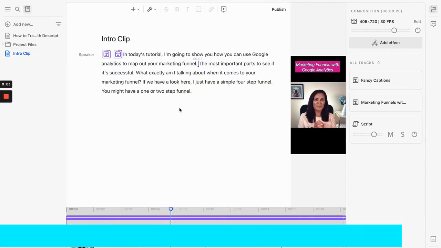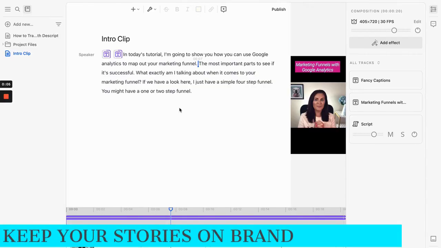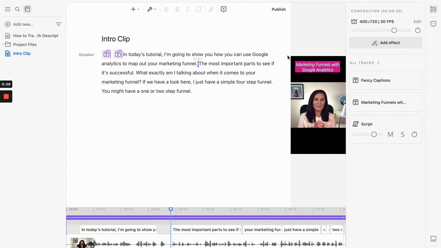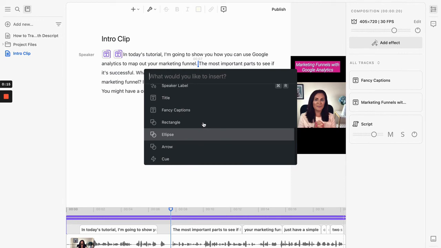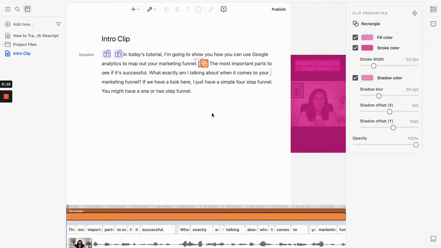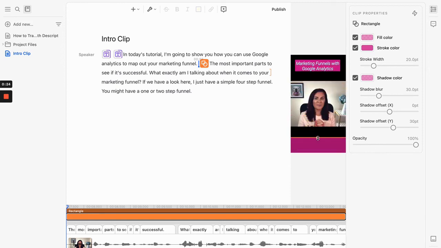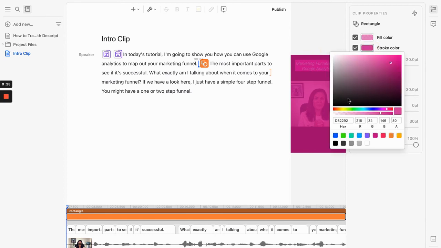So yes, we're after making our nice little clip in under a minute, but what we can actually do to level up the branding, because let's face it, having the black marks here isn't the best. So we're going to click our plus symbol here, we're going to scroll down, and we're going to select a rectangle. So your rectangle may just appear like this. And what I want you to do is bring it up to the total color, and then I want you to go ahead and